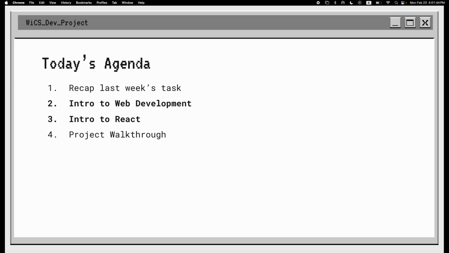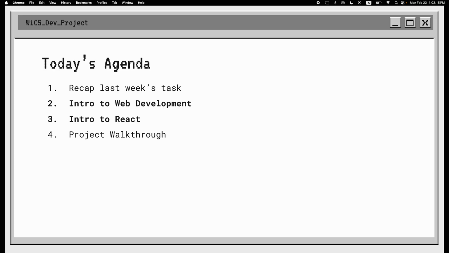We are going to have a little intro to web development, an intro to React, and then do a little project walkthrough, and I will be doing demos of that. If it feels too fast, it's because it probably is. I'm trying to fit in a lot of things for today, but Zeal and I will be available throughout the week if you just want to hop on a call to debug, or to learn if anything I said didn't make sense. Just definitely take note of it, and then I can help you walk through that during